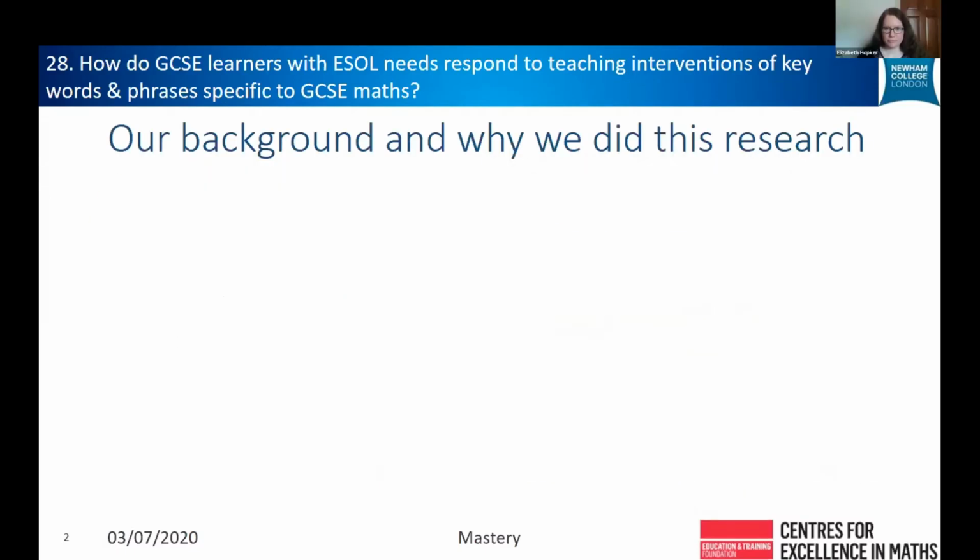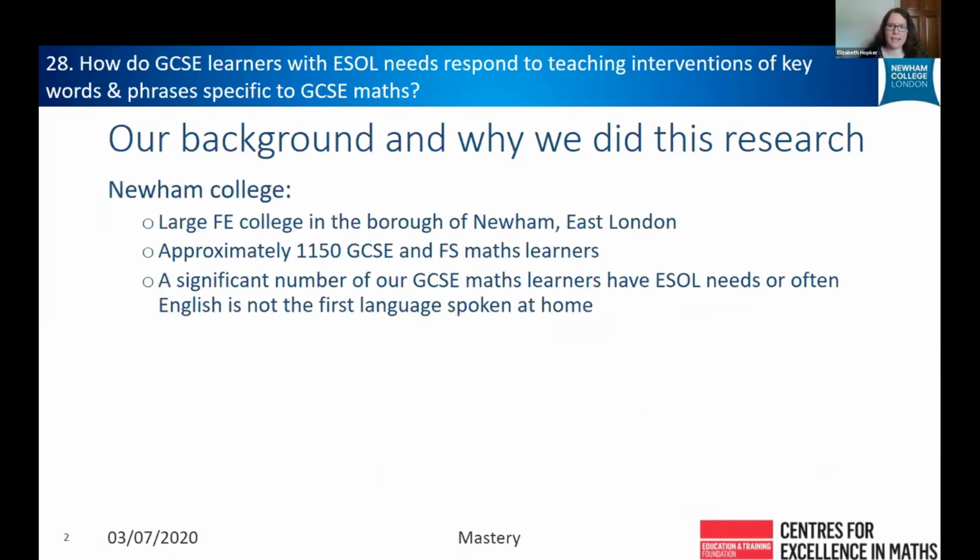All right, so I'm going to talk first a little bit about our background. From a couple of weeks ago, you might have heard that we are a large FE college in the borough of Newham in East London. Our learners largely reflect the makeup of the borough. So we have significant problems with poverty and inequality, and one of the youngest populations of the boroughs in the UK. We have approximately 1,150 GCSE and FS maths learners,